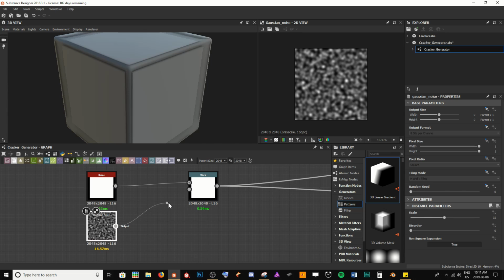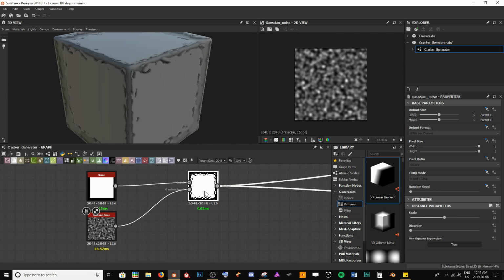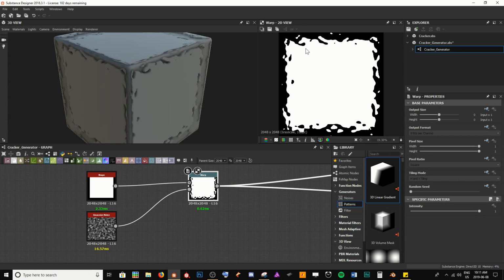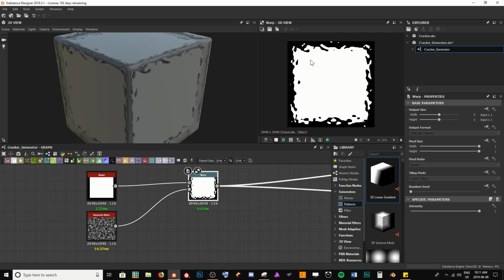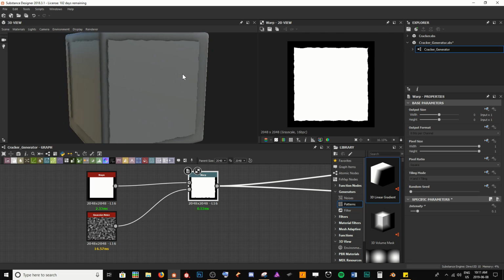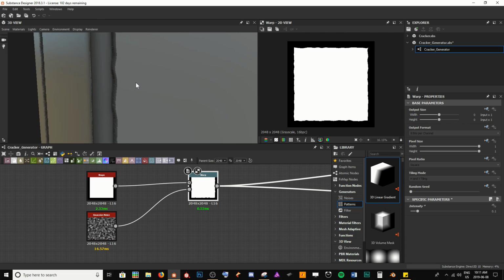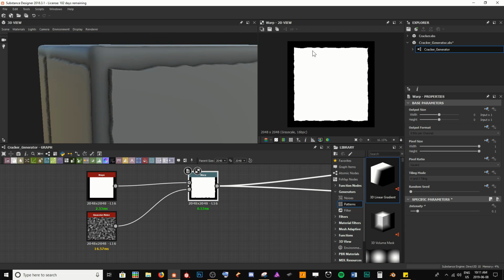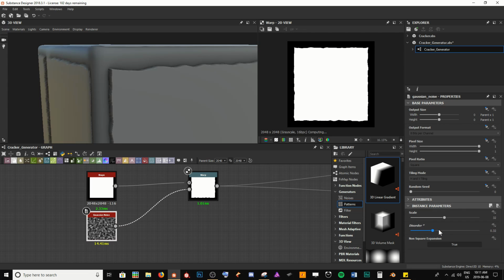So if I just bring this guy in here into our input, and we take a look and see what it's doing, that's a little bit too distorted. So I just want to bring the intensity on that guy down to about 0.1. And you can see what it's going to do is just add a little bit of waviness to our initial form here. And again, we can come into our Gaussian noise, play around with the disorder, can play around with